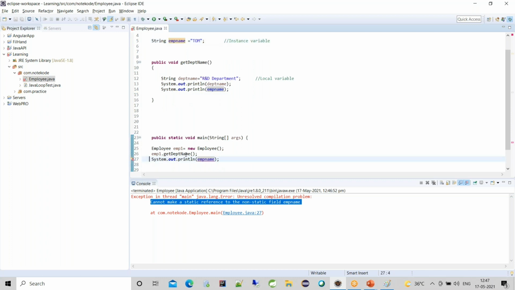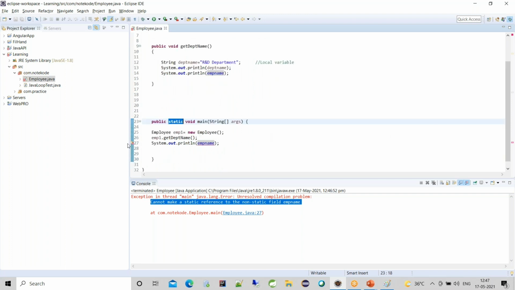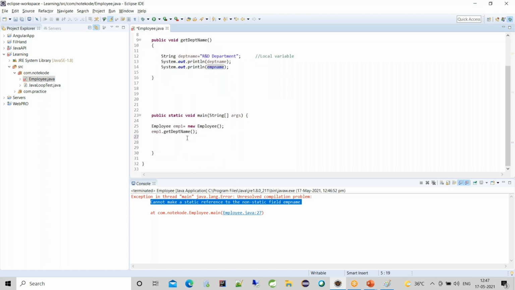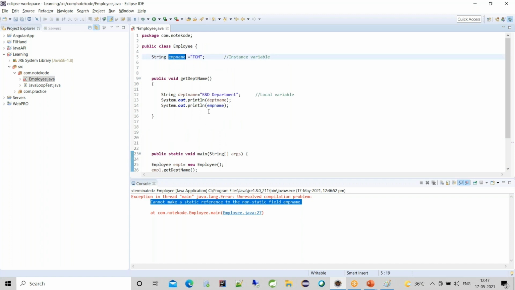Why? Because main is static. We will be discussing what static is in the next slide, but let us limit ourselves to how we will access this variable. It shows an error that a static reference cannot be made to the non-static field. So what we'll do is, I have created the object of employee, emp1 is equal to new Employee. Now with this object only, I will get this employee name.